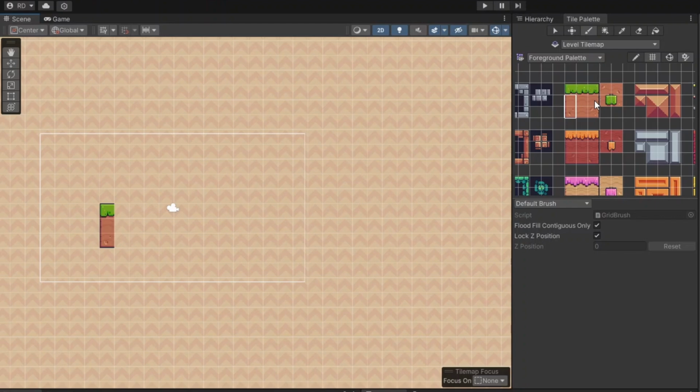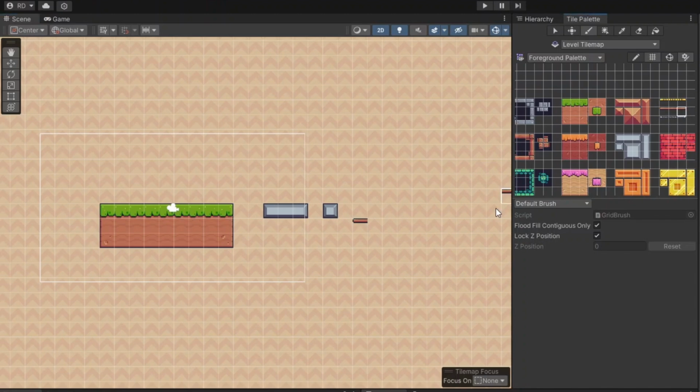Hello guys, and welcome to the first video in this series of building a simple 2D platformer game. This video is mostly focused on building the tile maps and setting up the background and foreground of our levels. Feel free to make whatever level you want, and you don't have to follow the one I make in this